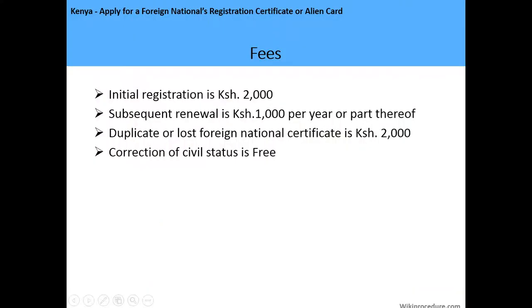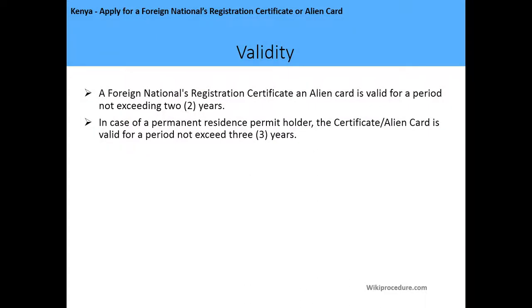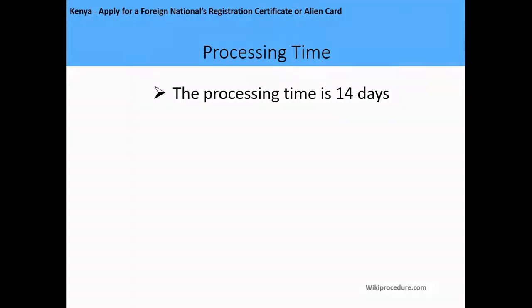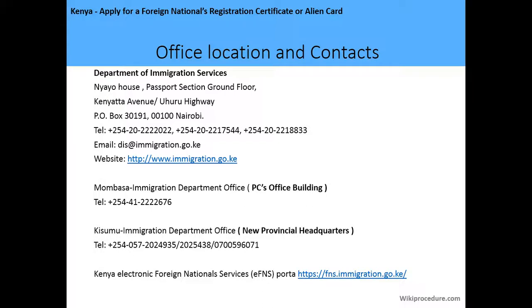So let's move on. The initial registration is 2,000 shillings. Subsequent renewal is 1,000 shillings per year after the first registration, so you're supposed to pay 1,000 shillings per year. Duplicate or lost foreign national certificates is 2,000 shillings, and correction of civil status is free of charge. The alien card is valid for a period not exceeding 2 years, and in case of a permanent residence permit holder, the certificate or alien card is valid for a period not exceeding 3 years. The processing time is 2 weeks, that is 14 days, and the office location for the Department of Immigration,